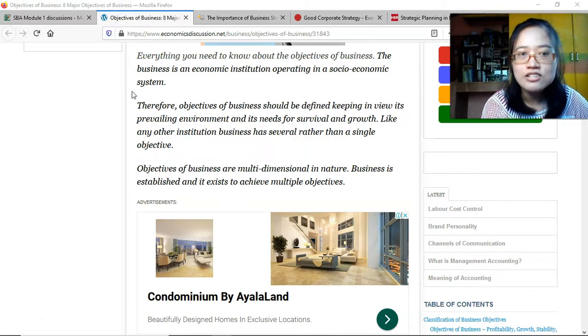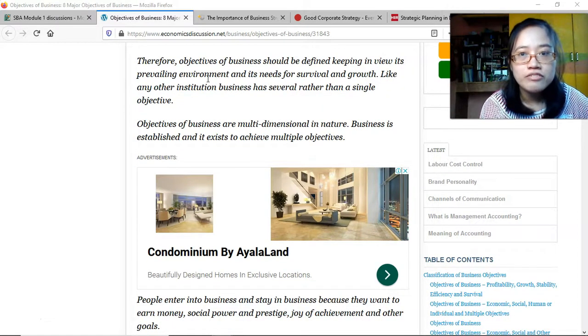So in a business, you have those two. You interact with other people, and you are in the process of utilizing resources to provide a specific need or want of the people. Therefore, objectives of business should be defined keeping in view its prevailing environment and its needs for survival and growth. Like any other institution, business has several rather than a single objective. Our first and foremost objective would be profitability. But aside from profitability, there would be other objectives like the one already mentioned here, survival,